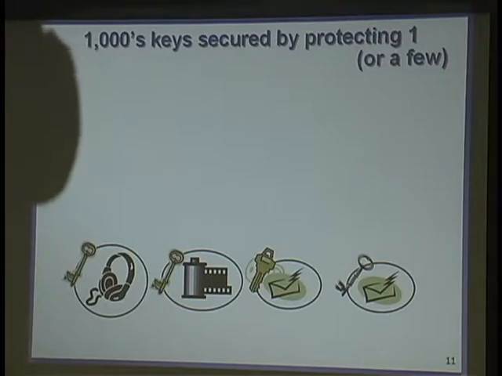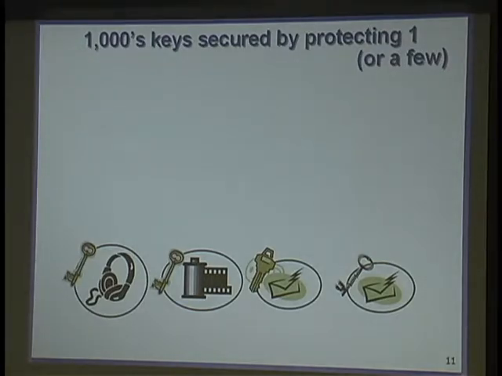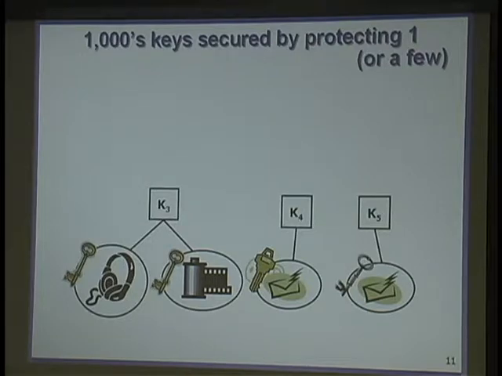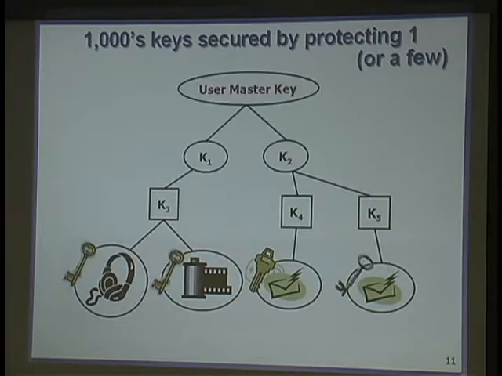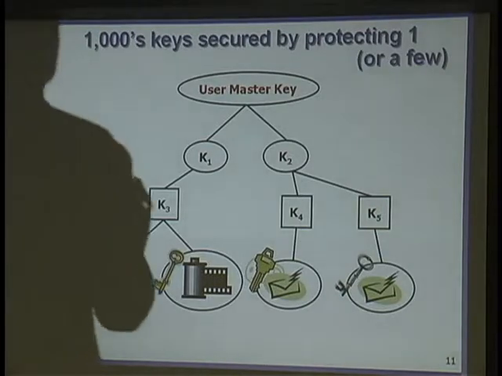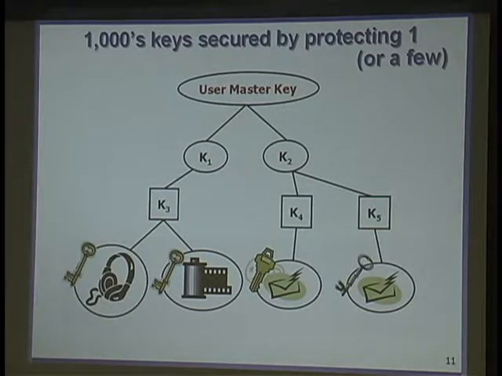Okay, so the second point is this encrypted keychain. So here we go with all these documents that have to be presented, and they are of different value, encrypted with different keys. You encrypt them with different keys, and then you can furthermore encrypt those keys with other keys. And finally, you have a root key, which we call the user master key. So you can have thousands of keys protected by protecting one key. If you protect the user master key